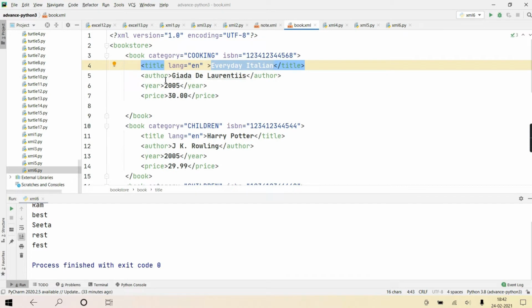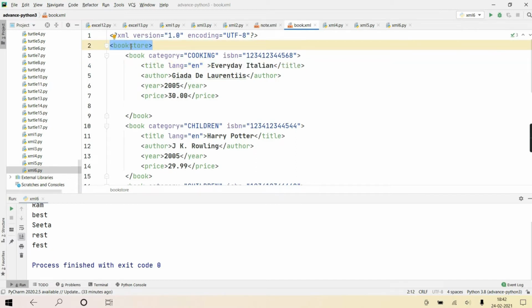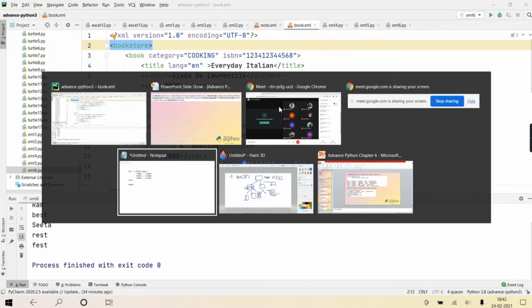Like if root is bookstore, root of 0 of 1 dot text equal to something.